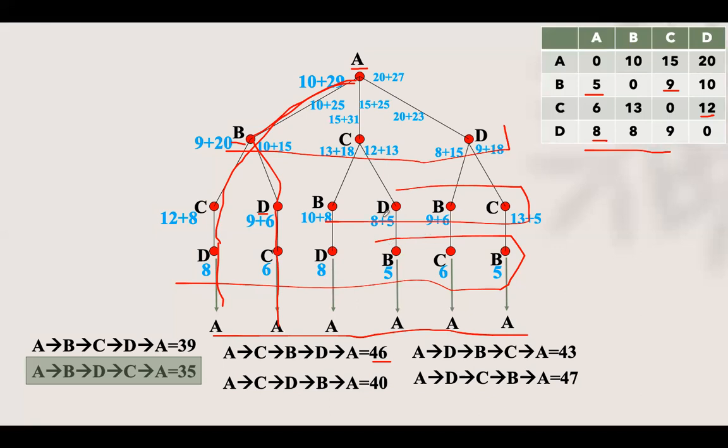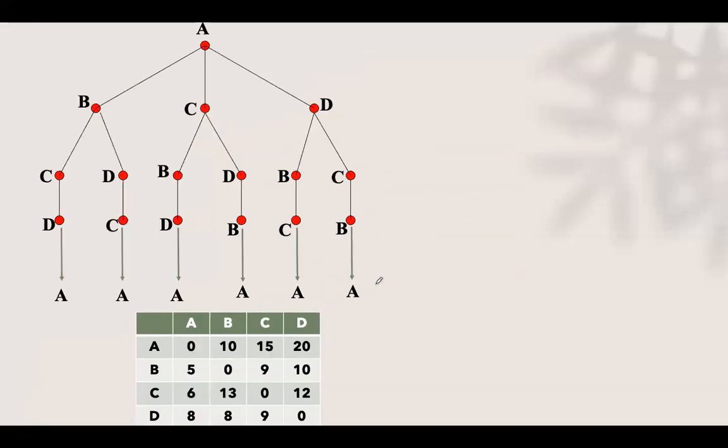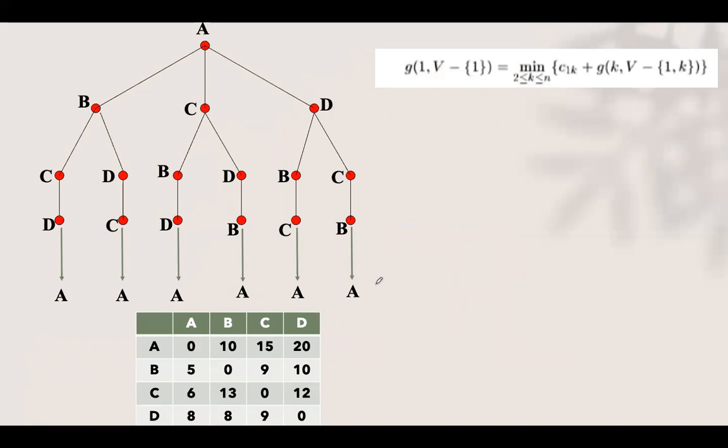First, you can solve like this in the rough sheet, or in the bottom, and then apply the formula. So this is the formula using dynamic approach. You can call G function G of 1, here 1 means vertex 1. We are talking about vertex A, B, C, D. Here 1 is nothing but vertex 1, and this is the vertex set other than 1. In our case, it will be B, C, D.